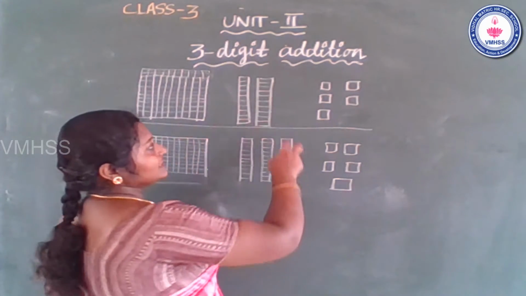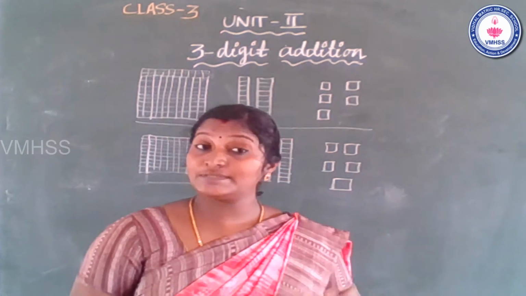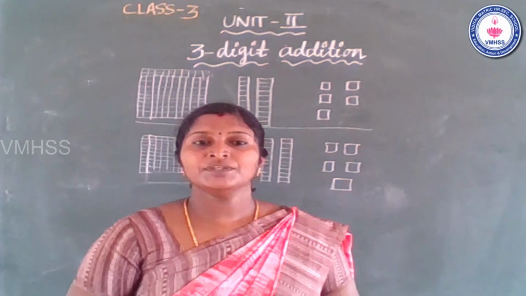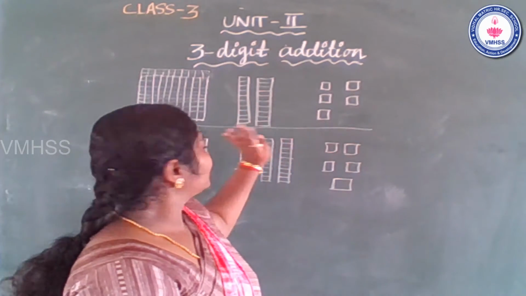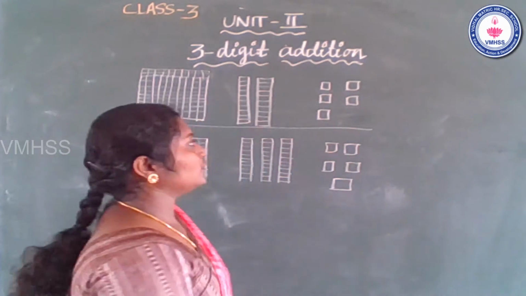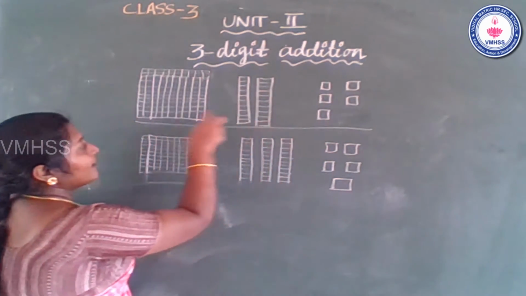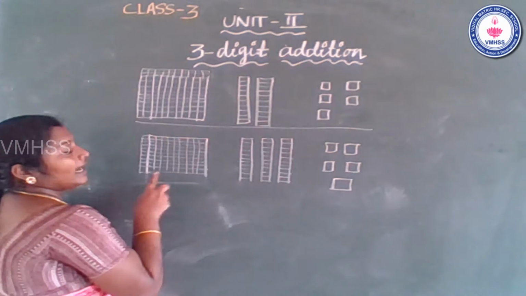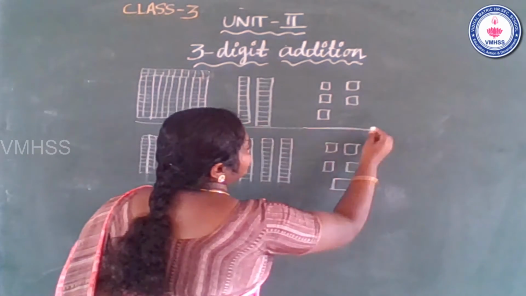So, first one, now we are using pictorial method and abstract method. Pictorial method and abstract method. So, pictorial method, so we use some place value kit. So, how many blocks are there? First one is ones, tens, 100. And these also ones, tens, 100. Okay, students. So, see the first picture.